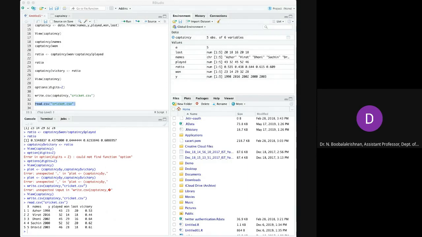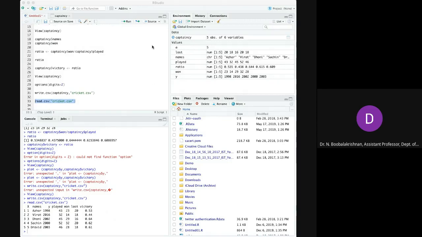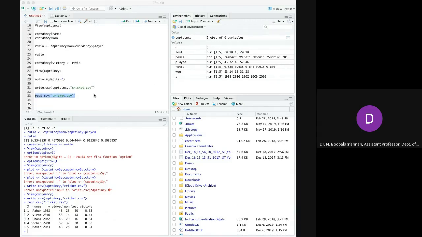So likewise, this is the basic operation of R, where we can use the basic calculations. Not only the basic calculations, it can be used for statistical computing. It will give you the mean value, median, mode, that we will see in the later classes. Just a simple command with the data.